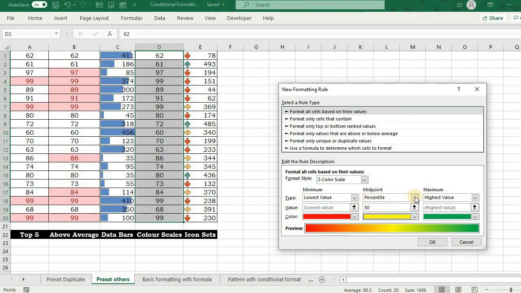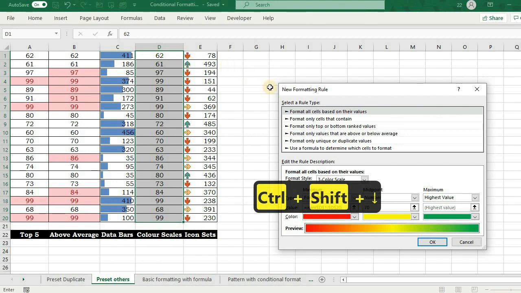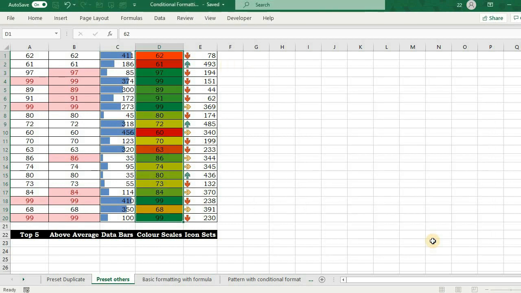It's saying right now by default it is percentile. I can set a number and say that my midpoint is going to be say 70, and then here the minimum value is to find. It's saying lowest value. It will automatically find out the minimum value, but I can use a formula as well. So I can find out this maximum or minimum with a formula also, like MIN, and this is my range, and I'm closing it so you can see.